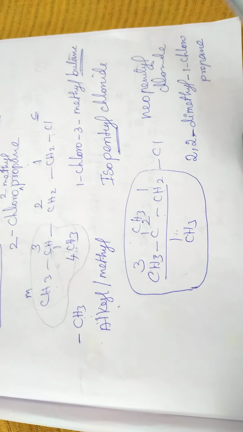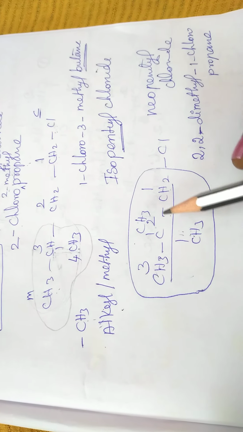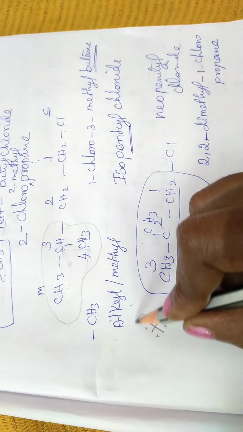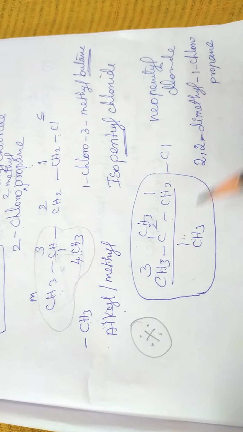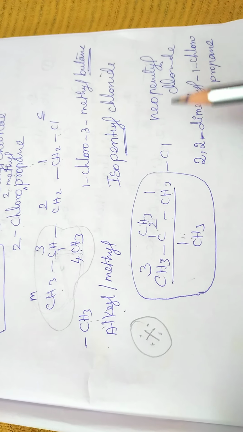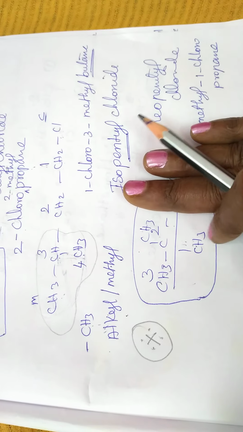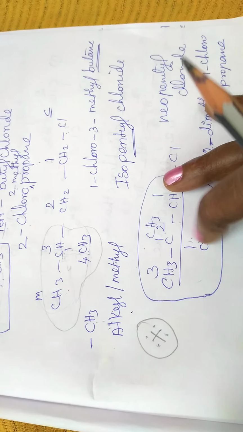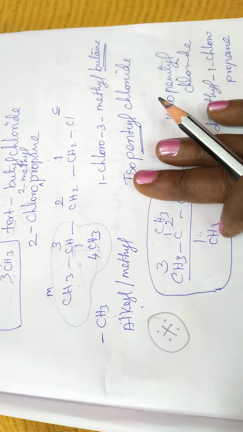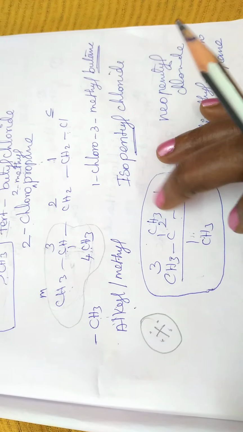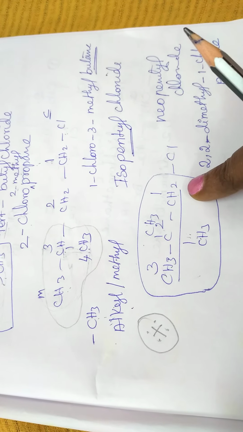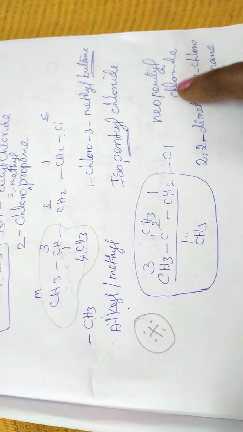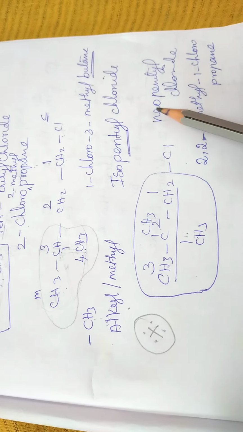The last one you see is neopentyl. It's very, very important. Most of the questions they will ask are from neopentyl. What does neopentyl mean? Up to this we say it's a tertiary. We learnt it: CH3, CH3, CH3. So this unit we say is a tertiary. Now with the tertiary we are adding one more CH2 group. This unit is known as neopentyl chloride. It's a common name.